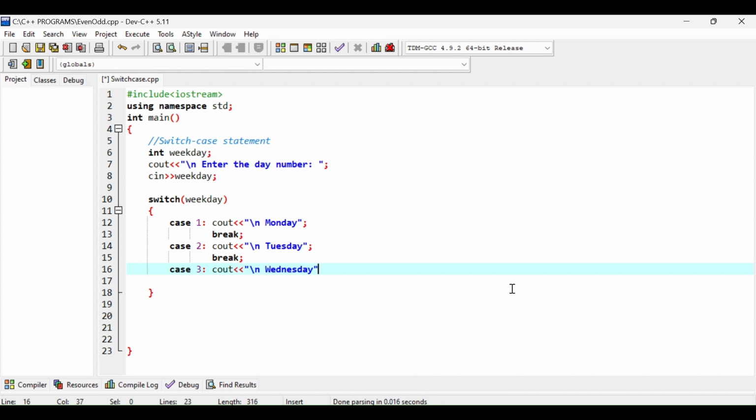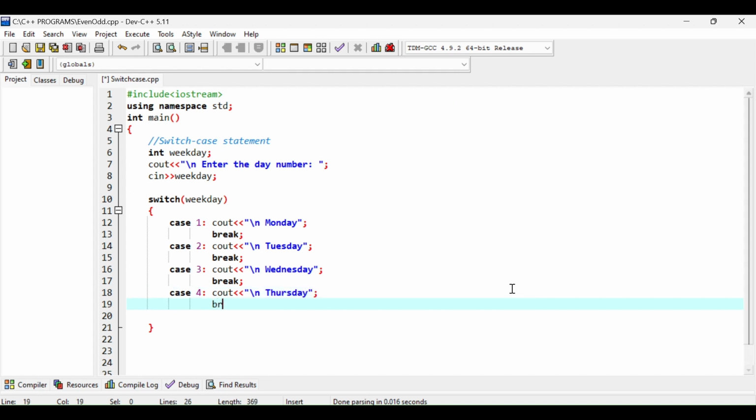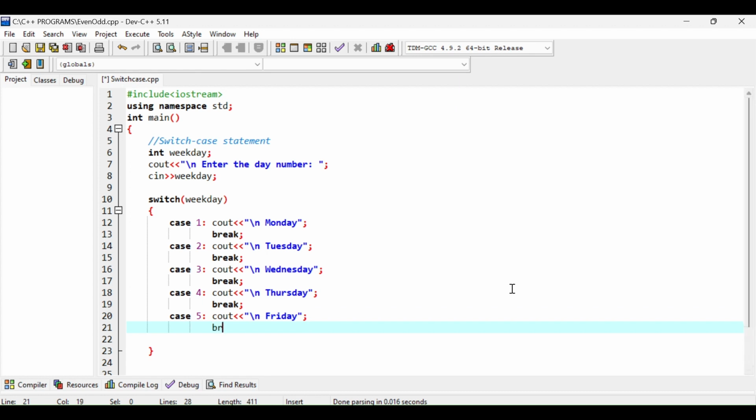This is for Wednesday. Again I type break. Case 4 cout, and here I type Thursday, then break. Let's say case 5, it is for \n Friday, after that break,